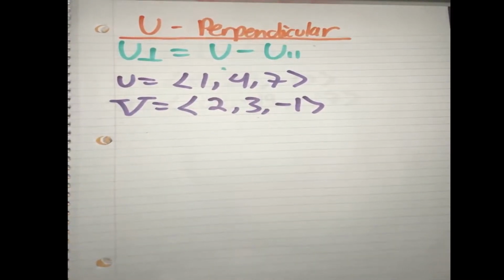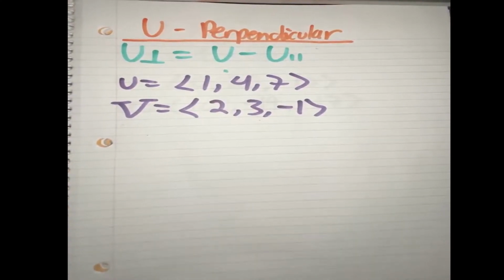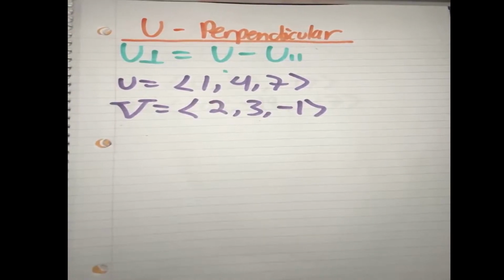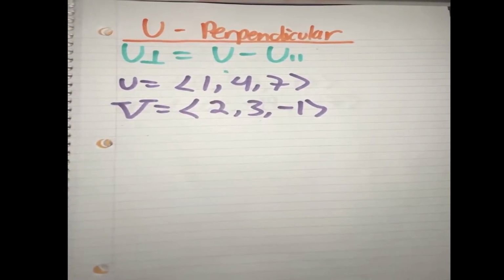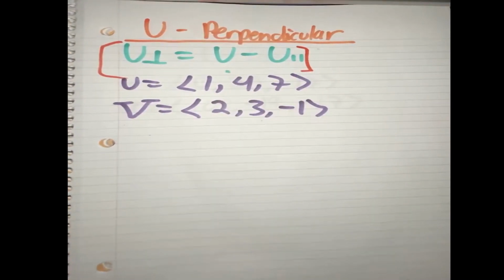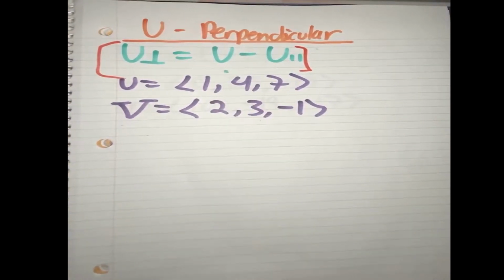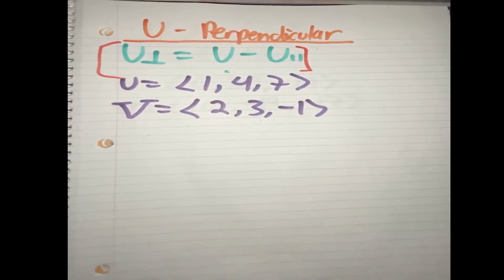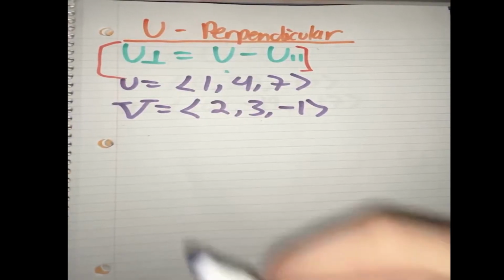Hello guys, in this video we're going to find out how to find the vector perpendicular to u, called u perpendicular. Here we're given the formula that u perpendicular is equal to u minus u parallel. So what does that mean? It means the first step is to find